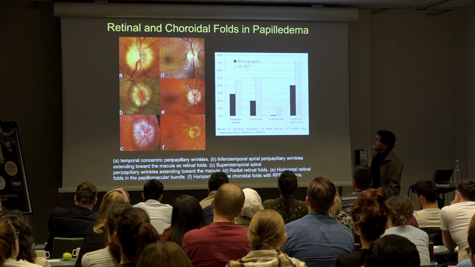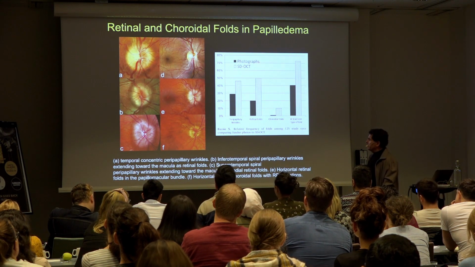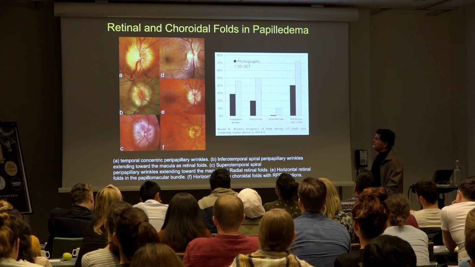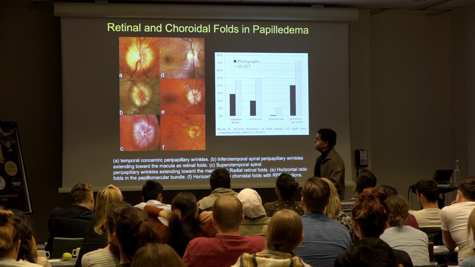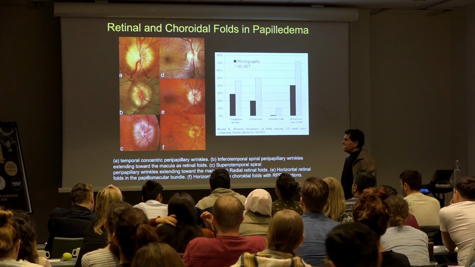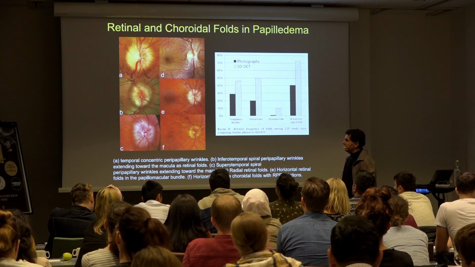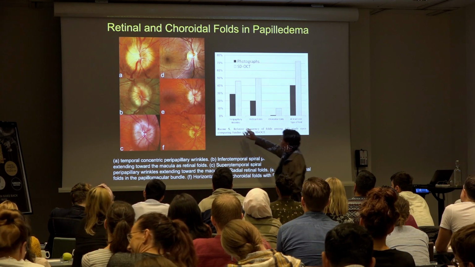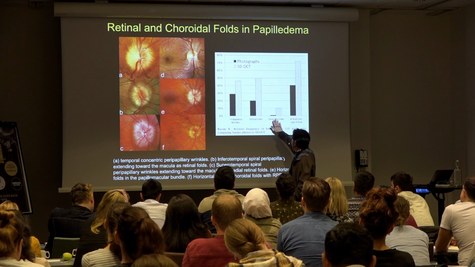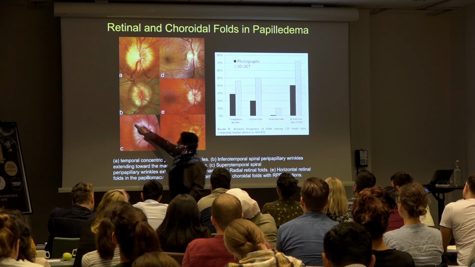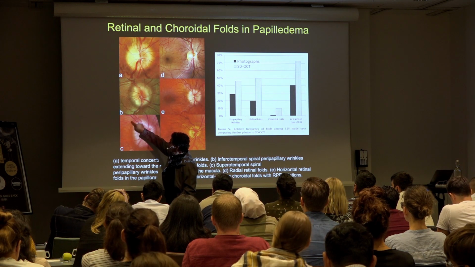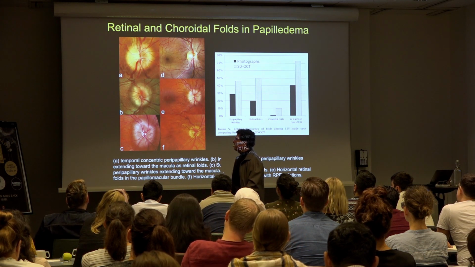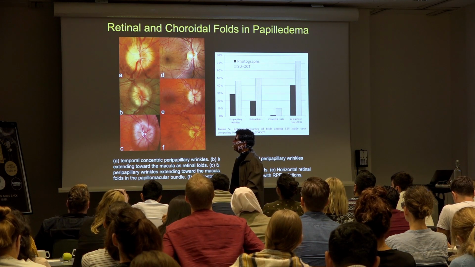The last part about papilledema is it's been reported recently about the appearance of retinal and choroidal folds in papilledema. And the reason this is important is that pseudopapilledema, so far we've not found any evidence that it causes any wrinkles or folds. So these are divided into what are called peripapillary wrinkles, retinal folds, and choroidal folds. Peripapillary wrinkles are the circumferential wrinkles. And you can get that in any type of edema, whether it's NAION or raised intracranial pressure, but we've never